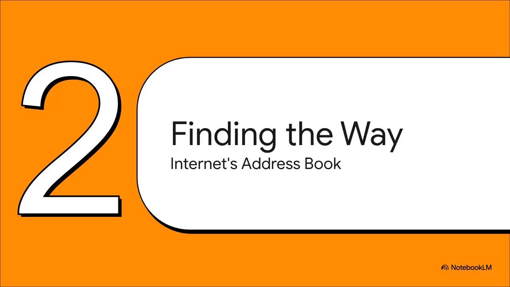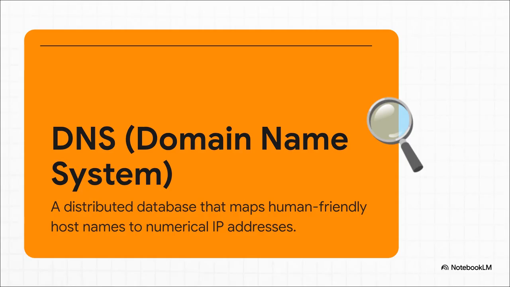Well, lucky for us, that address book does exist. Before our data can even be sent, your computer has to check this massive directory to find the right numerical address for its destination. This is the first and maybe most critical step to finding the way. And that address book is called the DNS, or the domain name system. The moment you click a link, your computer sends out a quick message with a website name to a DNS server. That server looks it up in its huge, sprawling database and sends back the IP address that matches. Now that we have the number, our journey can really begin.